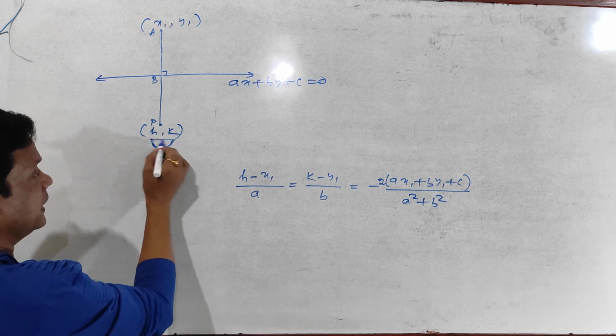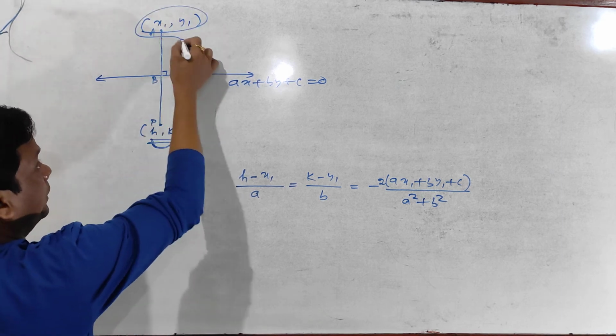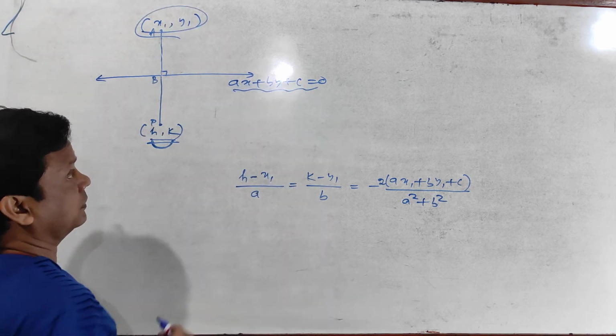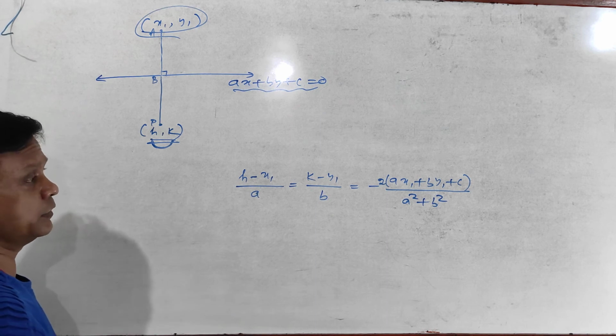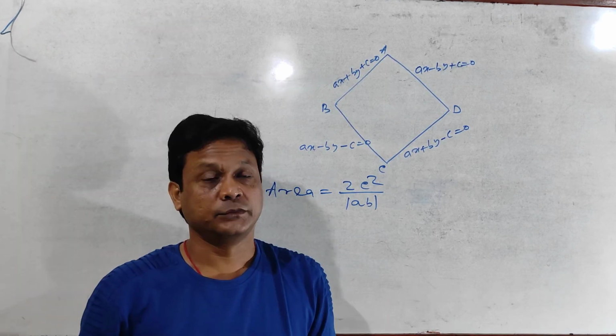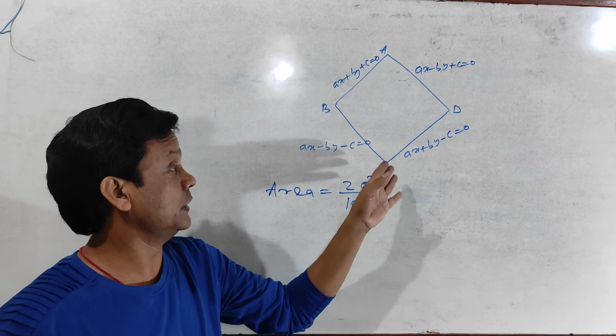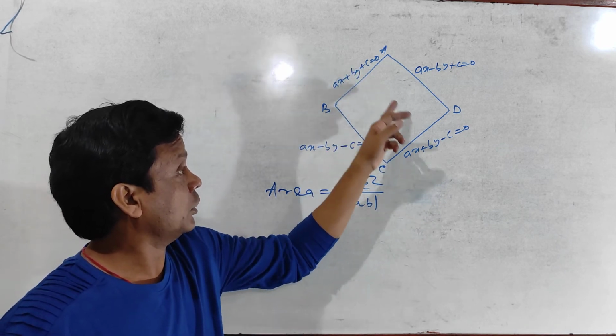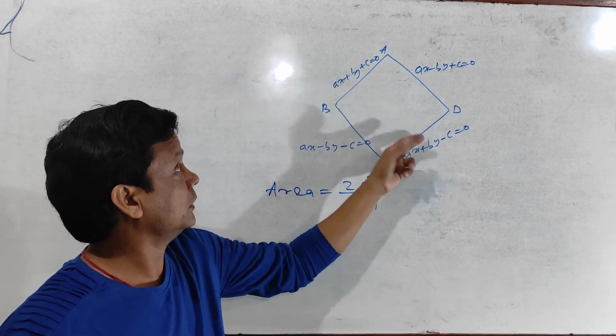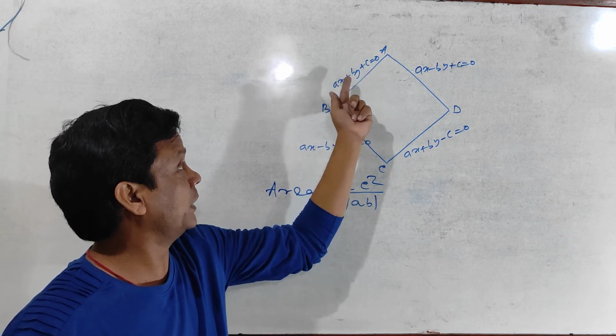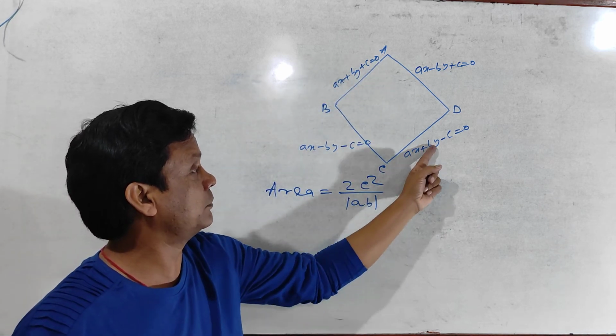And what are h and k? It is the reflection of the point (x1, y1) about the line ax + by + c = 0. Now, how do we find the area of a rhombus? See here, in a rhombus the opposite sides are parallel to each other. That means the slope of this line, ax + by + c = 0, and here ax + by - c = 0,